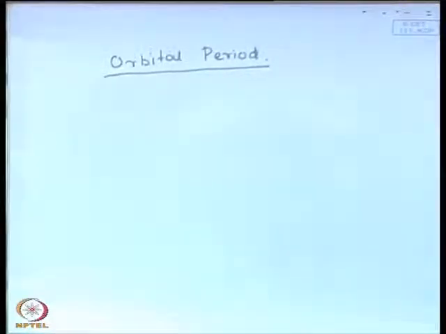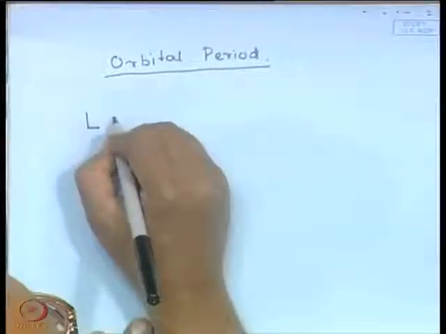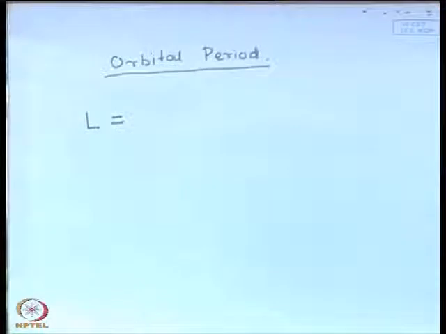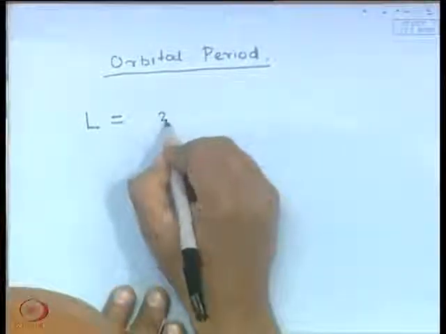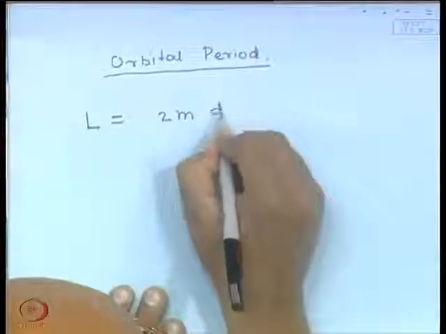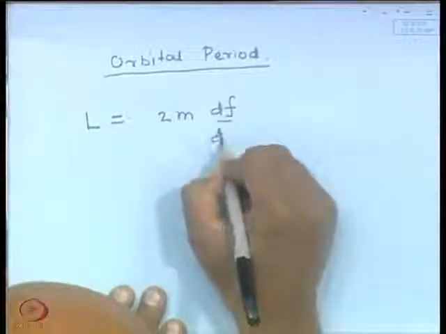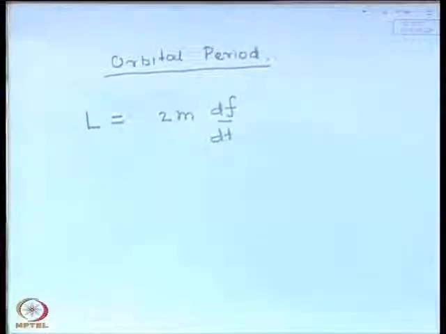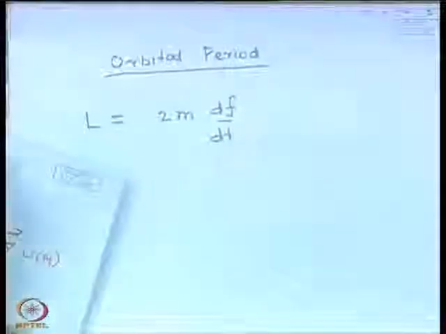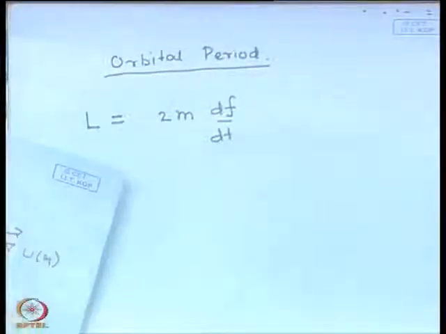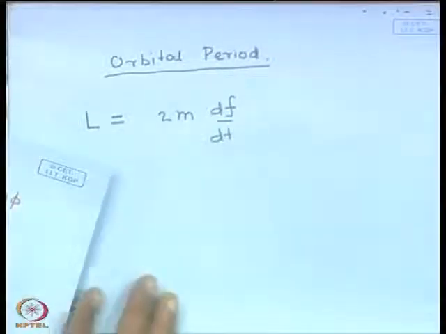Okay. Now we have seen that the sectorial velocity is conserved. It is related to the angular momentum and it is conserved. So what we saw was that the angular momentum L is equal to 2 into the mass of the particle into df/dt, where f is the area enclosed by the orbit. This we saw is true for any central force problem. For any central force problem, need not be gravity,